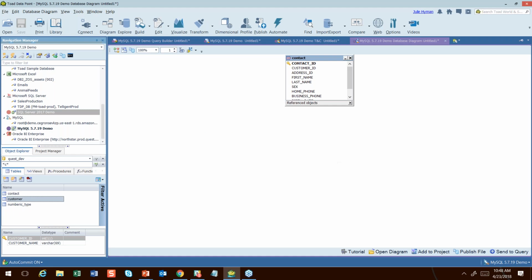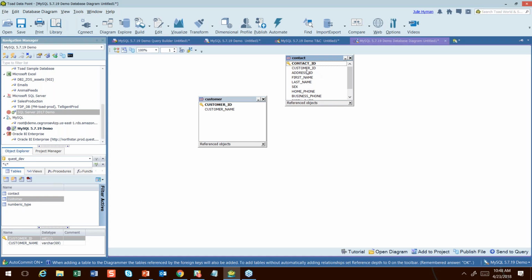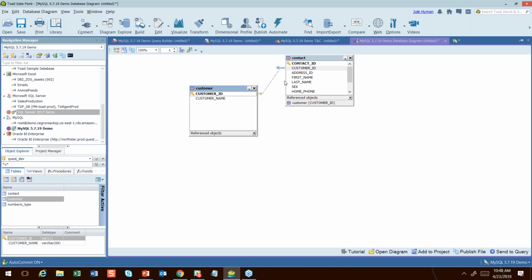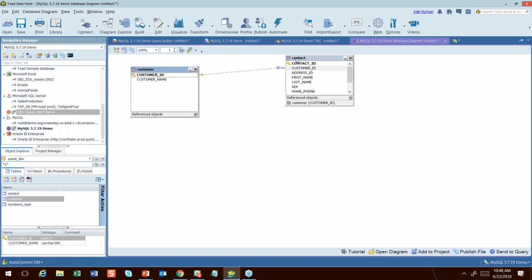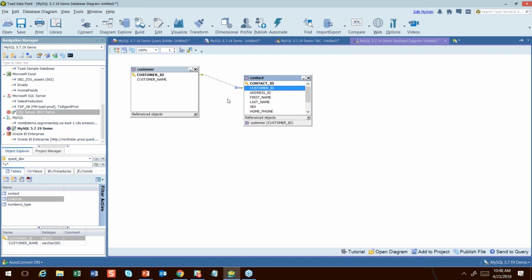customer. I could have created a diagram of that relationship. It's a pretty simple relationship, right? Customer ID to customer ID. But I could have created a diagram of that relationship, or more complex ones, and I could publish that as well. So you could be publishing documentation about how your data, whether within the same database as I've done here, or I could pull in SQL Server tables into this diagram as well to show how data is interconnected between